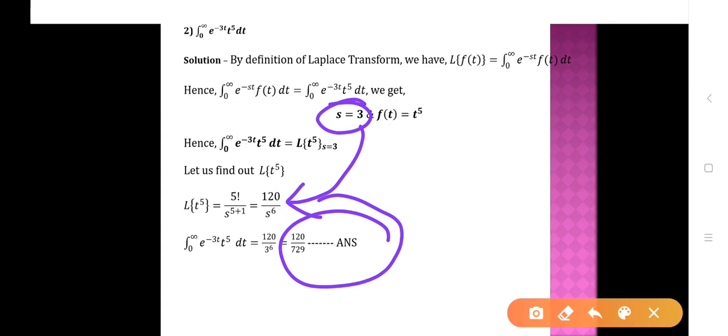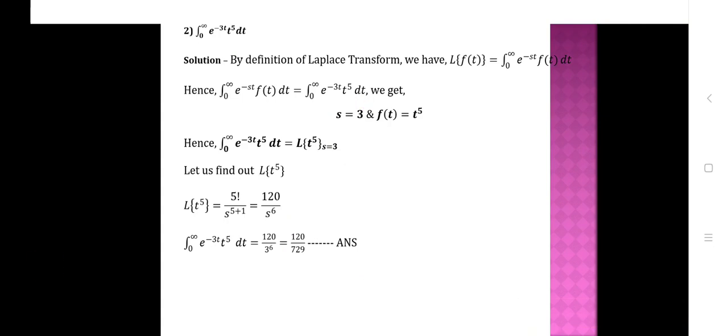So when the question is to evaluate the following and the integration is within the limit from 0 to infinity, and the integrand has the exponential term, then in that case you can apply this method to get the answer. Now I will give you some examples for practice. So the question will be as it is, evaluate the following. The first one, e raised to minus 3t cos square t to be integrated with respect to time t within the limit 0 to infinity.